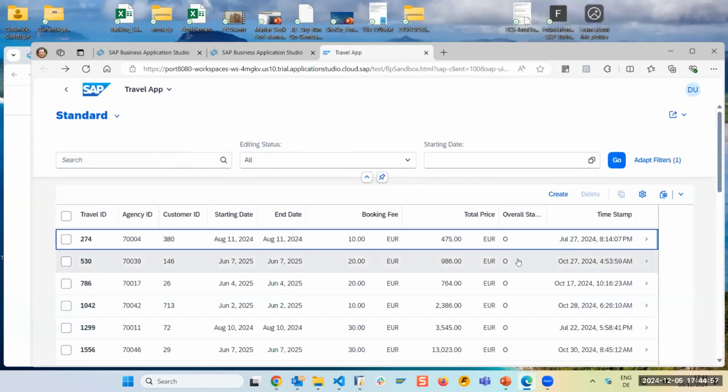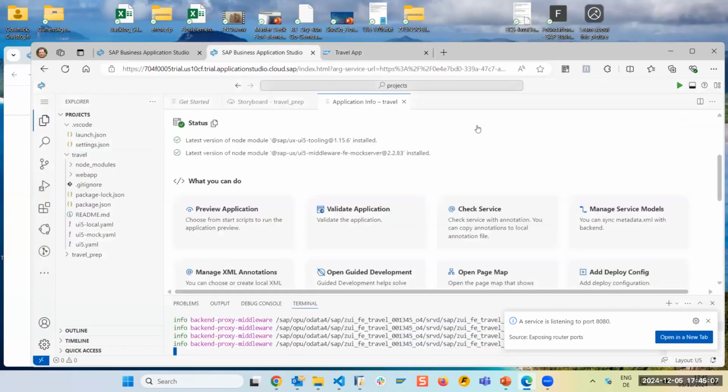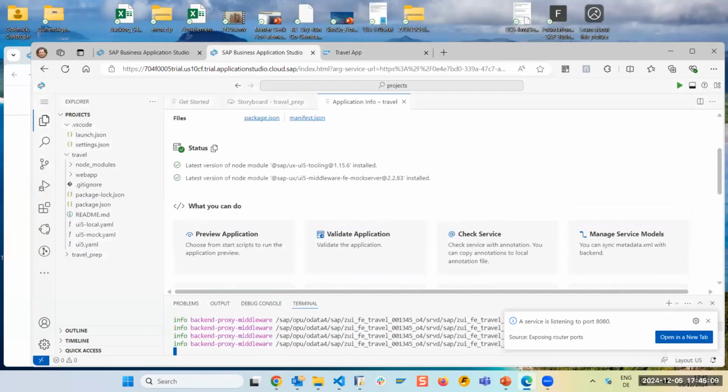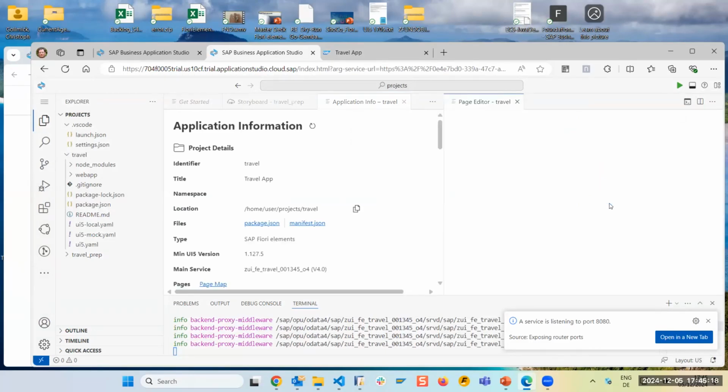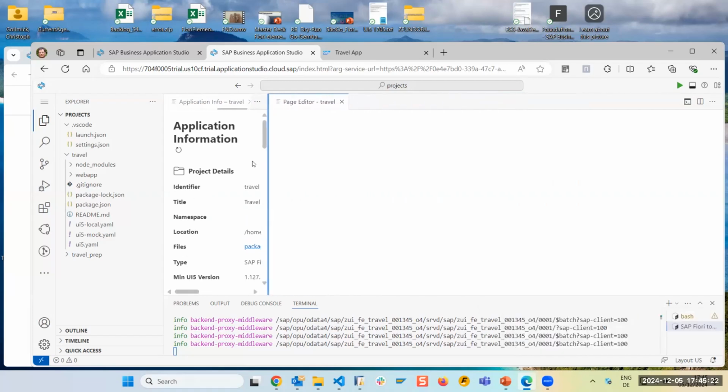The second thing I don't like is that I had to press go, even though there's not much data in. We can actually afford to have an autoload of the table. So let's change that. To do that, I'm going back in my Business Application Studio and now have all the capability of SAP Fiori tools at my disposal. So let's go to the object page and modify what is needed. So give it a bit more space.